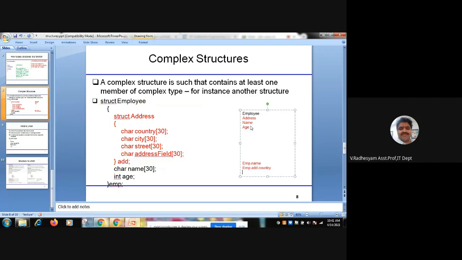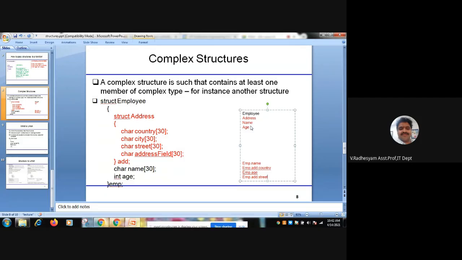If you want to access age, then emp.age is okay, because it is a direct variable. But if you want to access street, we need to write emp.add.street. The structure variable for address data type is add.